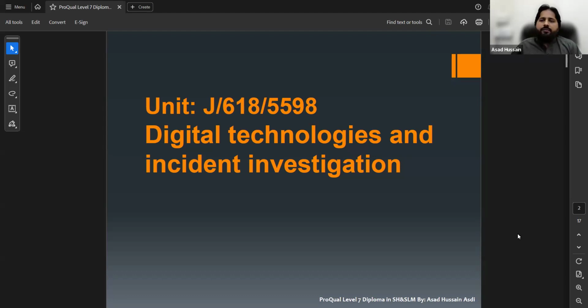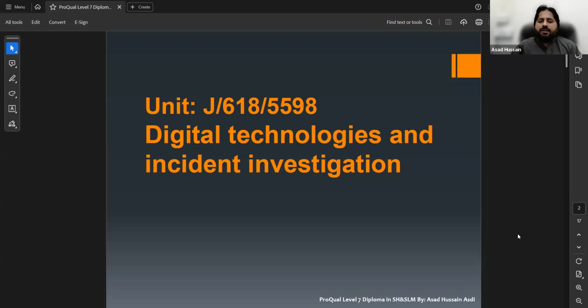In short form, we use the abbreviation LO for learning outcomes, and AC for assessment criteria. When we have AC with a small s, ACs, it means assessment criteria. So from now onward, we will discuss first the learning outcome and then the assessment criteria related to